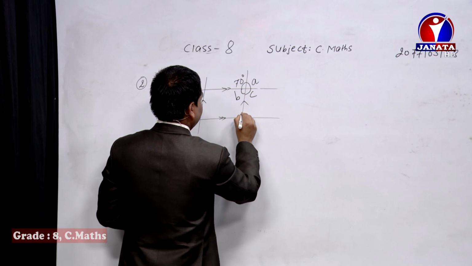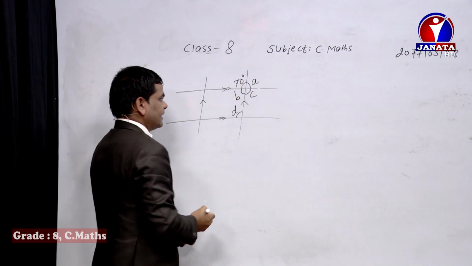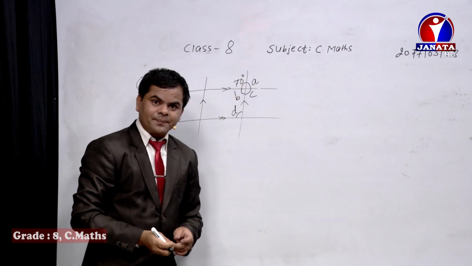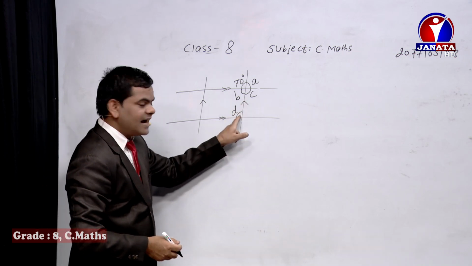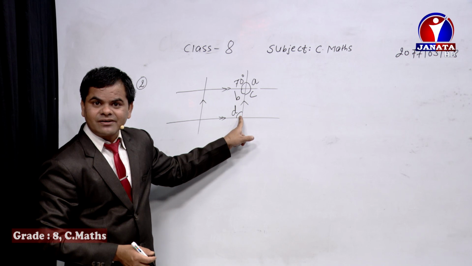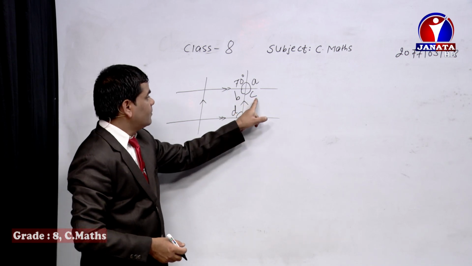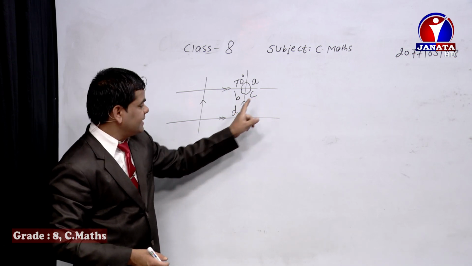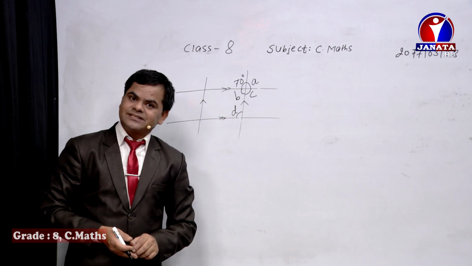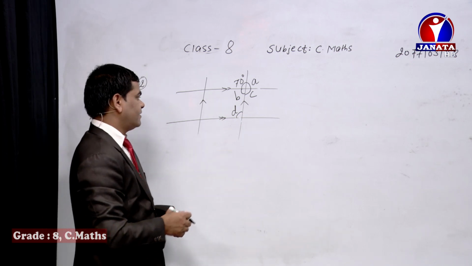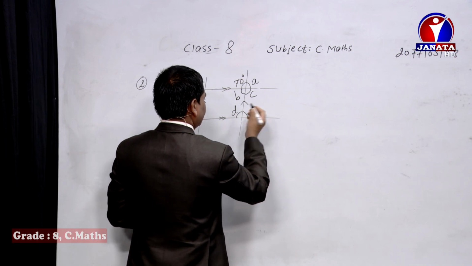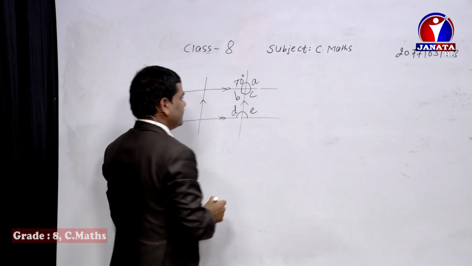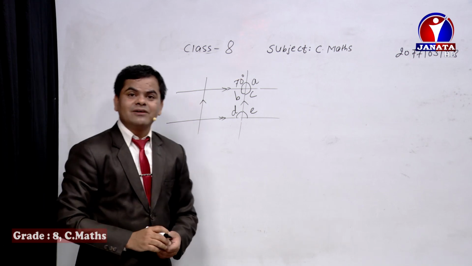Now let's keep here D. Can you find out the value of D? As we have already got the value of C, C and D are equal to each other, being interior alternate angles, and we got the value of C as 70°, so D also becomes 70°. Do write that one. And now I'm going to write here E. Now how will you find out the value of E?